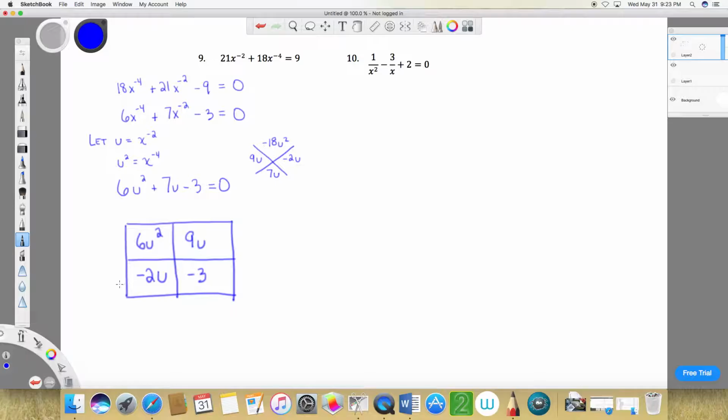I can see that I have a negative that's common to both here. These are both divisible by 3. These are both divisible by not only 3 but by u, and here this is divisible. These are both even and divisible by u. So now I can check that 3u times 2u is 6u squared, that 3u times 3 is 9u, that 2u times negative 1 is negative 2u, and that obviously negative 1 times a positive 3 is negative 3. So this table now helps me to rewrite this trinomial as a product of two binomials,